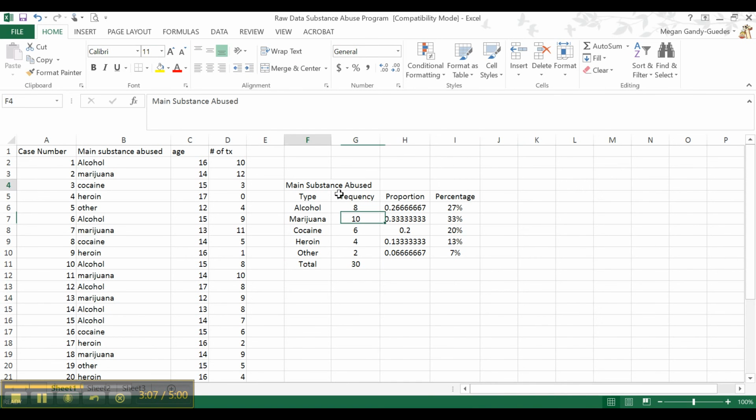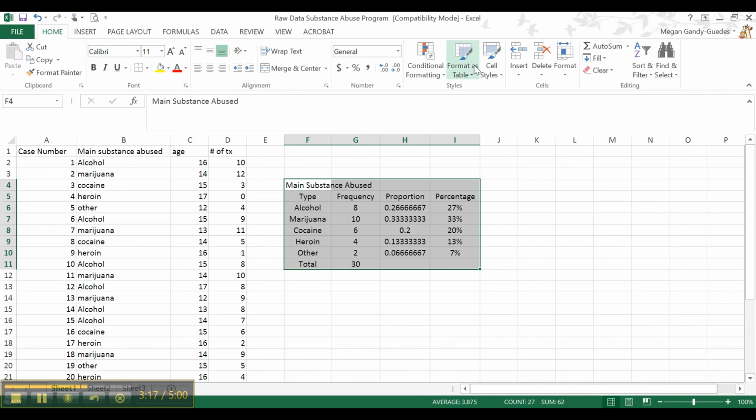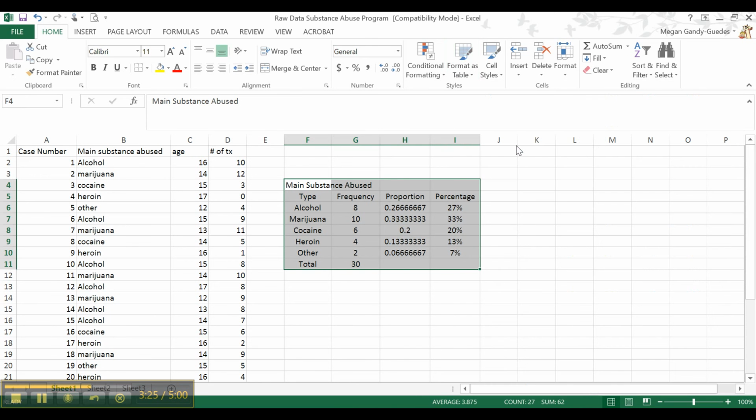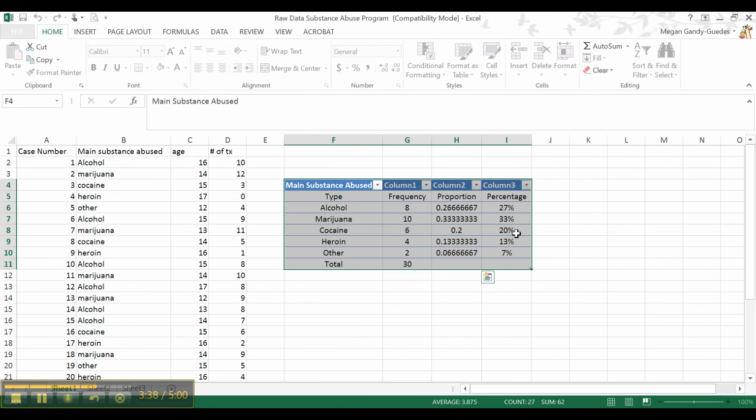You can also tell it that this is a table, and so it would format it like a table. You can go up to the Styles section, click Format as Table, and select any of these. So let's select this table light. It says, where is the data for your table? It already knows that because we've selected it. And you say, my table does have headers, because it does. These are the headers in our table. So we click OK, and